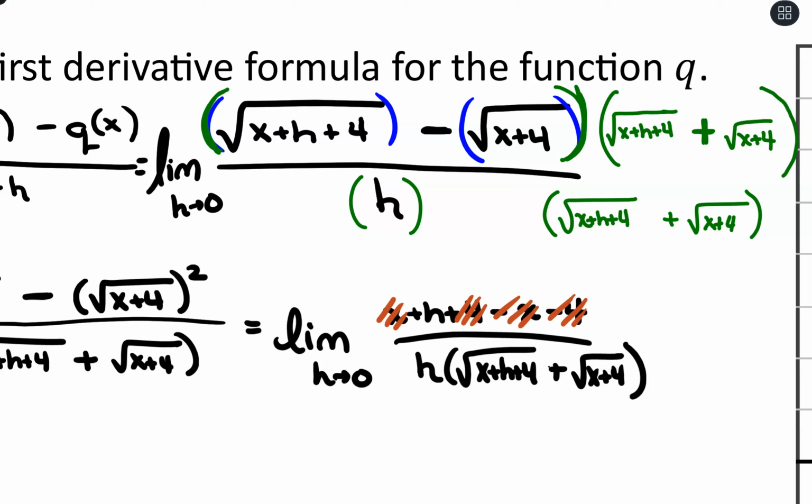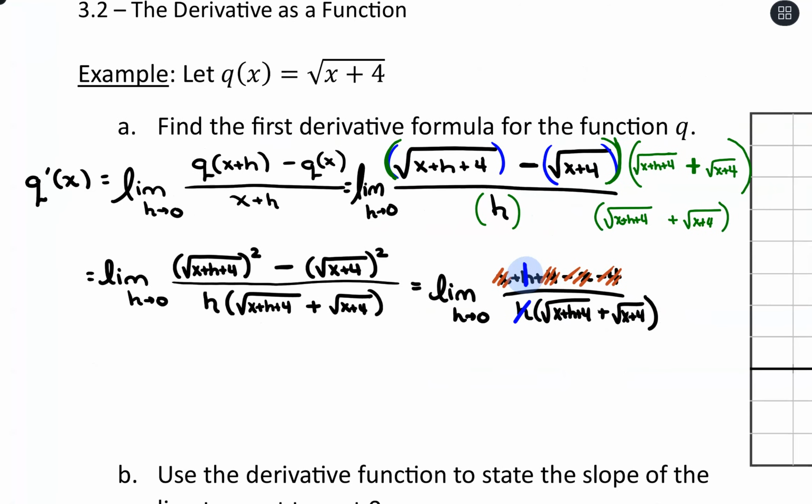So all we have is an h left over in the numerator. So we'll have a nice cancellation to leave us with a 1 in the numerator. So we're looking at the limit as h approaches 0 of 1 over that root x plus h plus 4 plus root x plus 4,